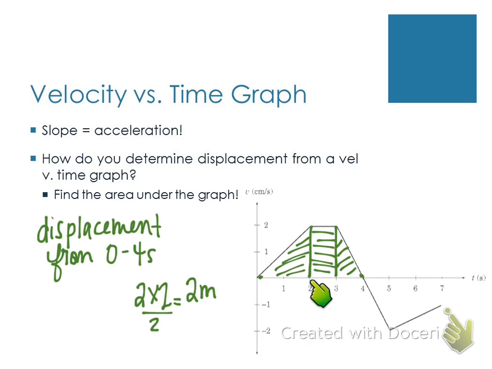This rectangle here will take 1 second times 2 meters. It gives us another 2 meters. For our final triangle, we take 1 second times 2 meters over 2, which gives us 1 meter. Okay, so the totals for each of these little triangles we had to break up was 2 meters, 2 meters, and 1 meter. Which means we traveled a total displacement during those 0 to 4 seconds of